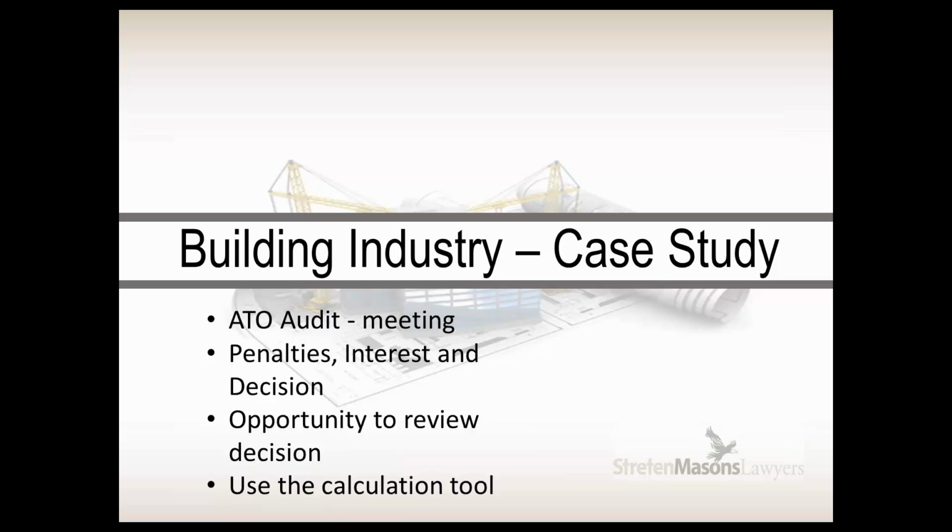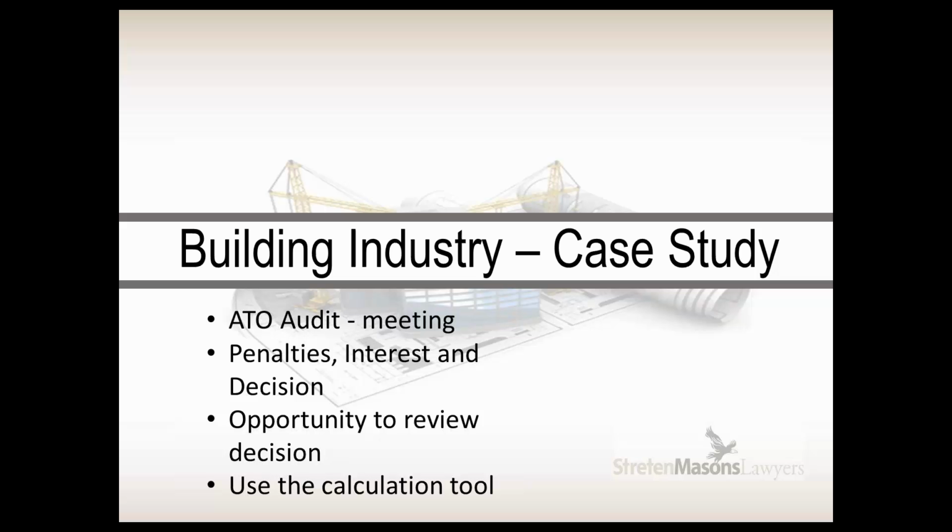The ATO conducted an audit. There were meetings held. Information was provided by the particular owner of the construction company. Unfortunately, it seems that they were a bit naive as to the situation they were in, and information was provided and no advice was sought from an accountant or a lawyer. In the end, the ATO came back after completing the audit to say that those 10 carpenters were actually employees, and this goes back for eight quarters.